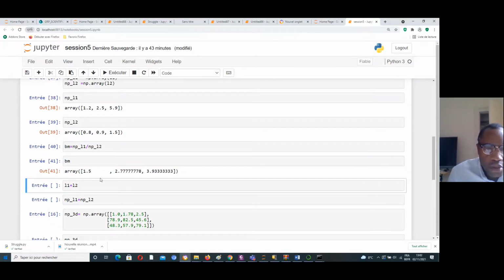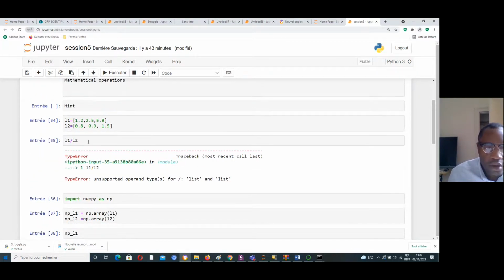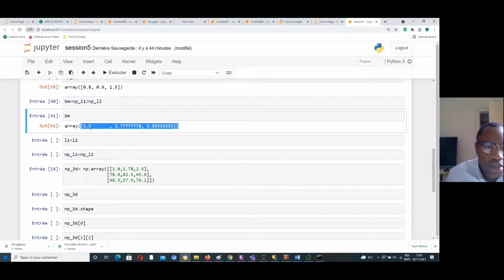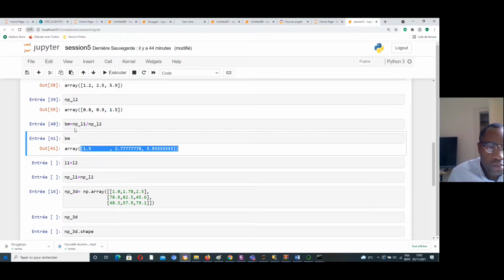Okay, we didn't get the error like here. That is how you can see the power of NumPy.